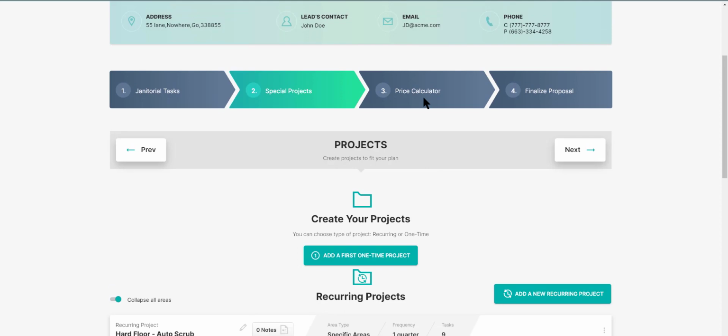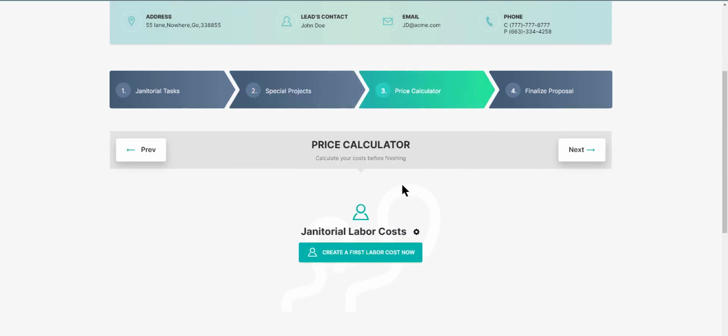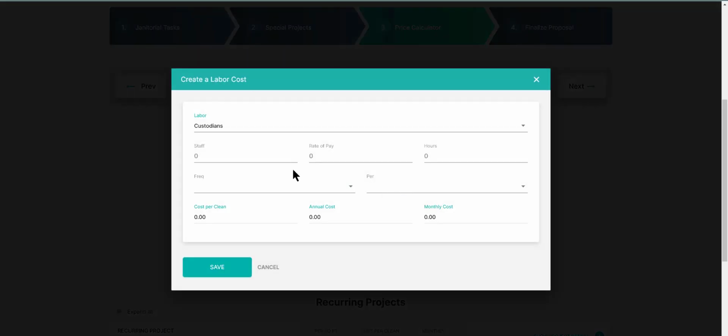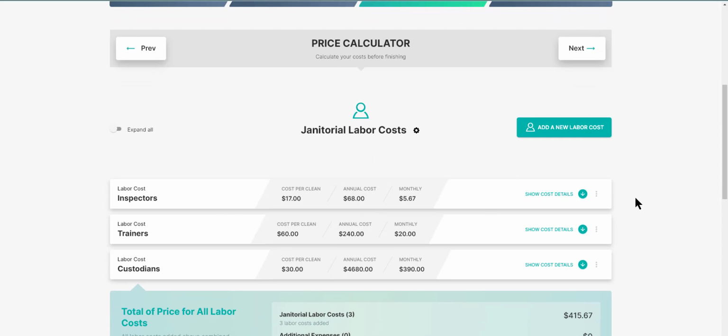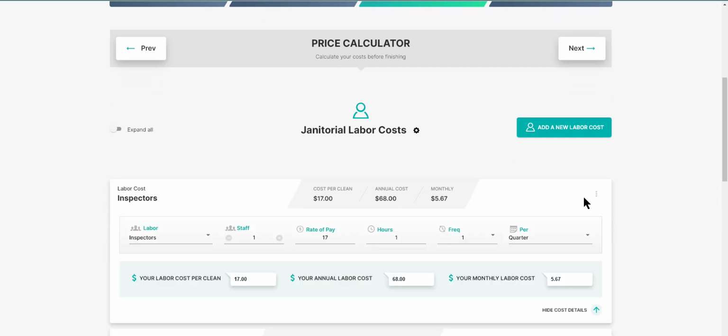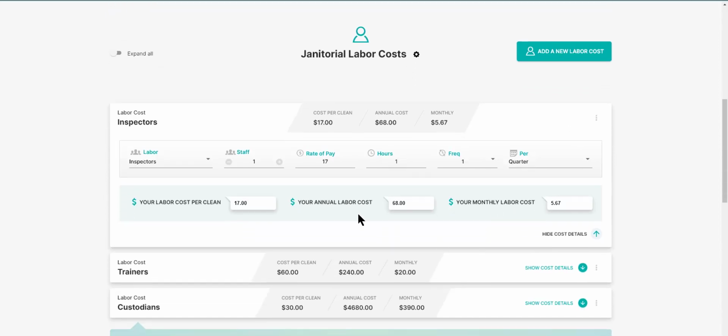So this works perfect during the walkthrough process as well. And then you can create your labor type. I always add 3 types of labor, so I'll just fill that out. Okay, so I added 3 different labor types, which is what I add to every proposal. So I always have an inspector go in at least once a month. And you see that I'm paying the inspector $17 an hour once